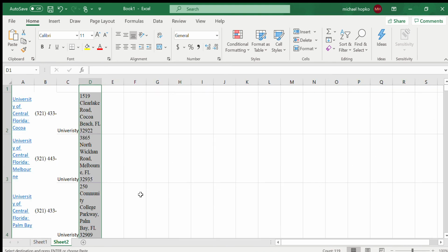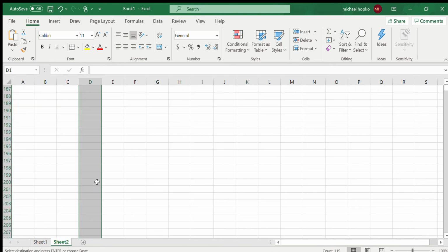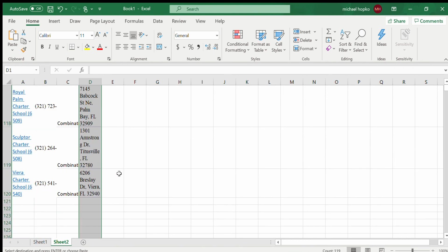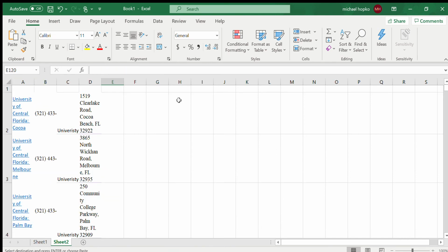So scroll down to the bottom of your data. It should be half of what you had before. And just make sure that these all line up in the same column. Otherwise, you're off by a row somewhere.